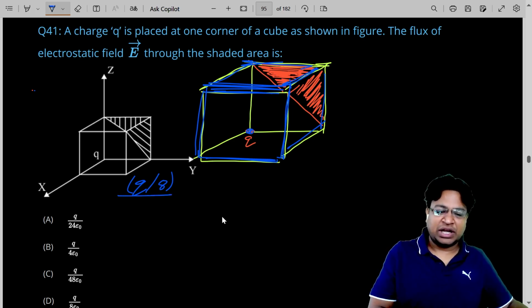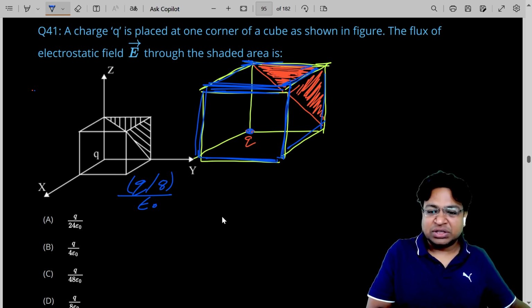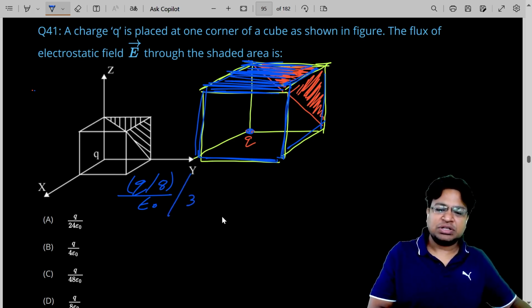So this is the charge inside. We divide it by epsilon naught. So this is the total flux coming out of the cube, and it is coming out of the three surfaces. So if I divide it by three, this is the flux coming out of one surface. Like only from this surface, this much flux is coming out. And if you notice carefully,